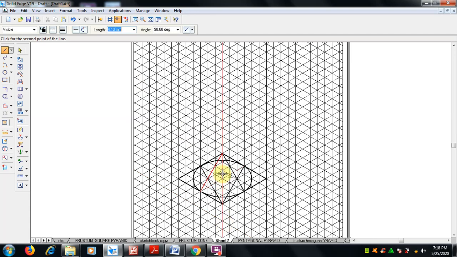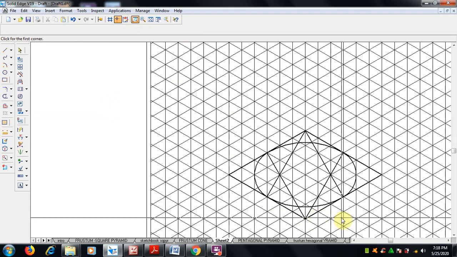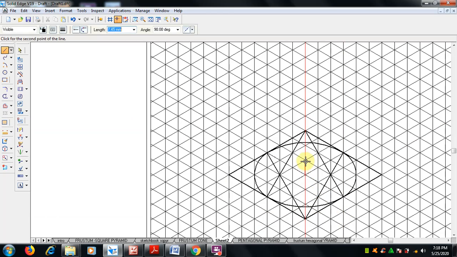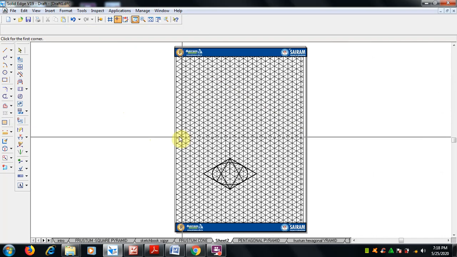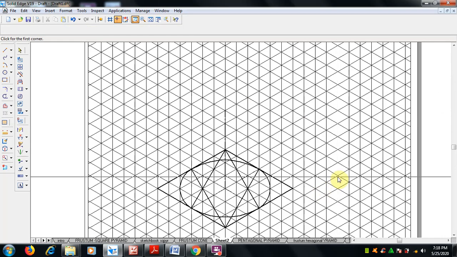From here you just count the box. From this first box, 1 2, because since the grids are more complex, we have to check it properly. 1 2, third box, 4 5 and 6. I'm going to complete with this intersection. Okay, so this is my height, and here this total I have to draw again. Okay, since it is the sketchbook, we have to draw fully for the size of 40, isn't it?